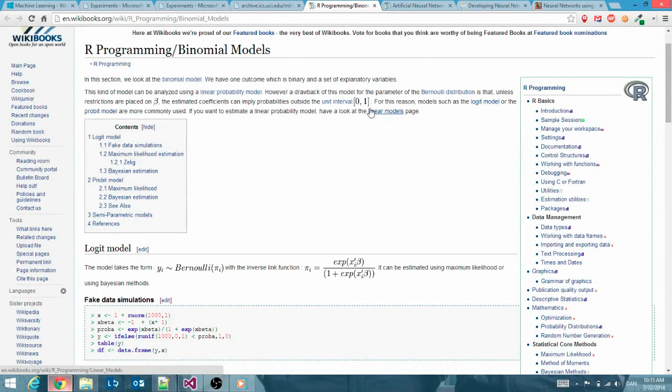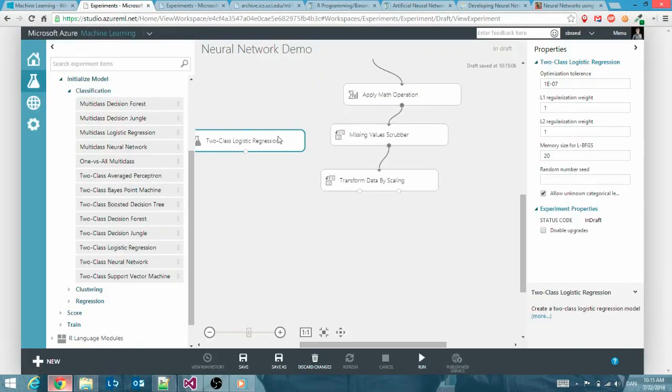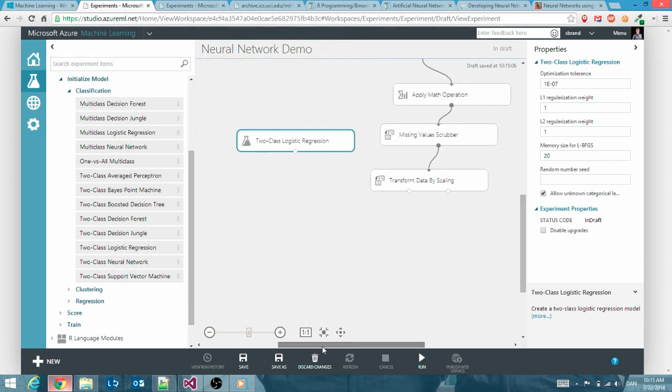So the logit model is actually what's inside of this box right here. We can specify some parameters for that, but I'll actually not do that. I'll just leave these values at their default values. So with that